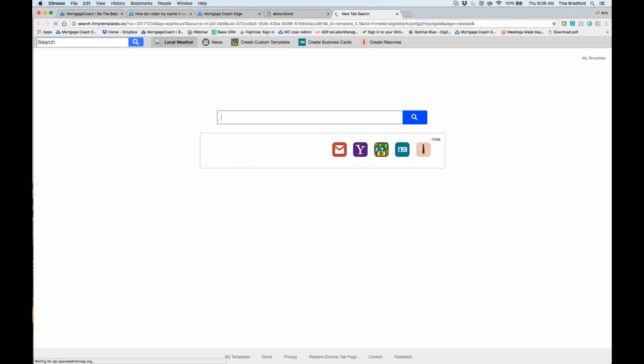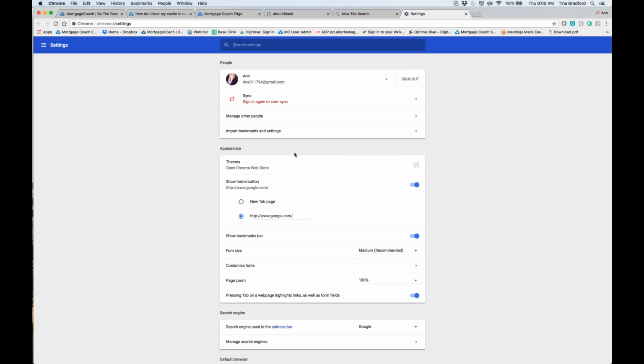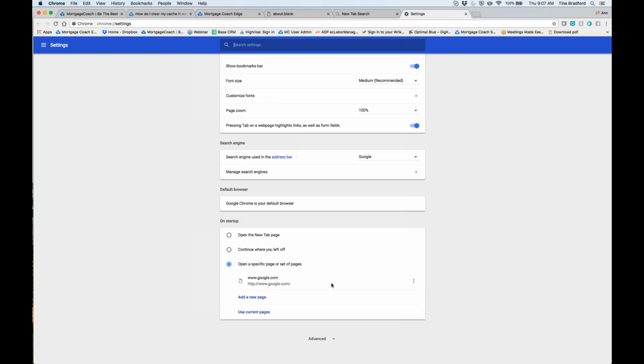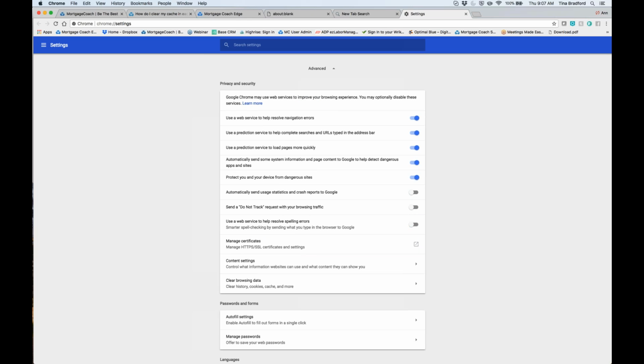If you do have Chrome, here's how you go in and clear it out. Over here on the right, there's 3 little dots. You'll go down to your settings area. In your settings area, you're going to scroll all the way down to advanced. Then you have privacy and security settings. Underneath there, there's clear browser data. Simply click on that.